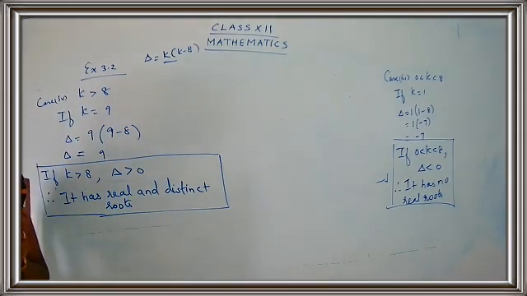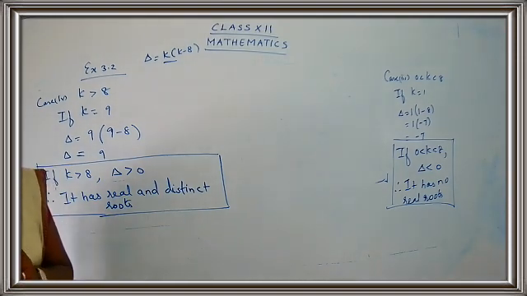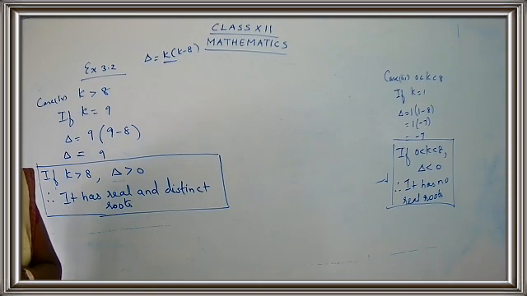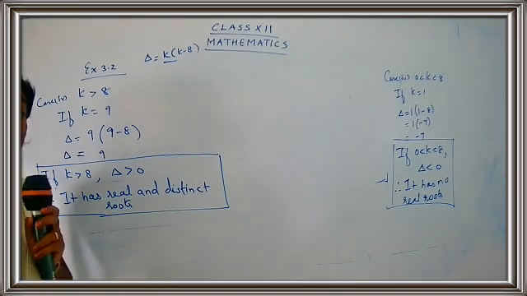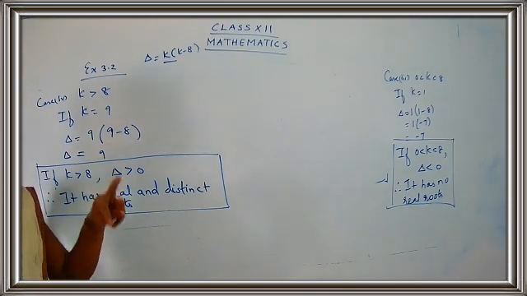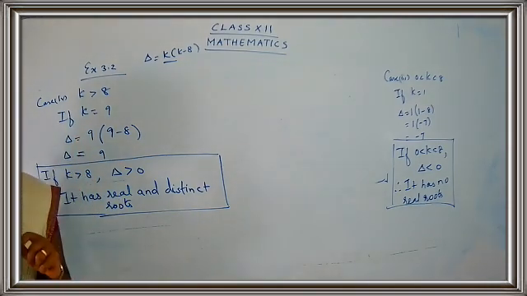Just see the question. Everyone has to listen to me carefully. Just put your pens down and listen to me. Find a polynomial equation of minimum degree with rational coefficients having 2 plus root 3i as a root. 2 plus root 3i. This is which point, children? First point. It is the complex conjugate root theorem.